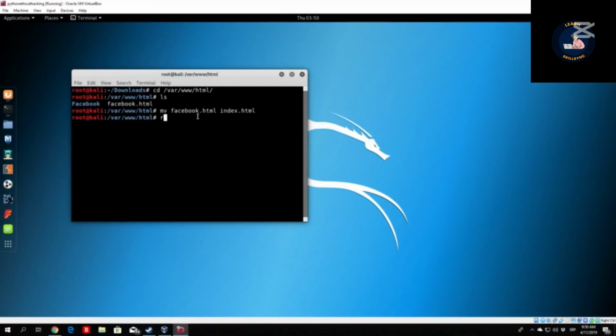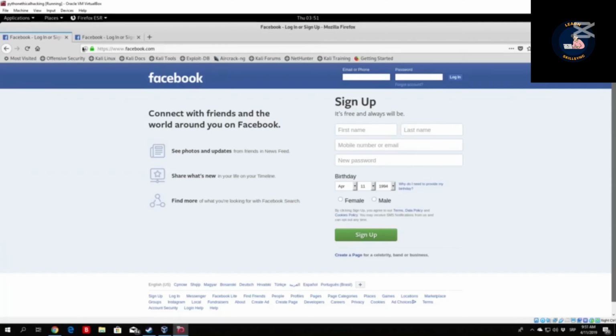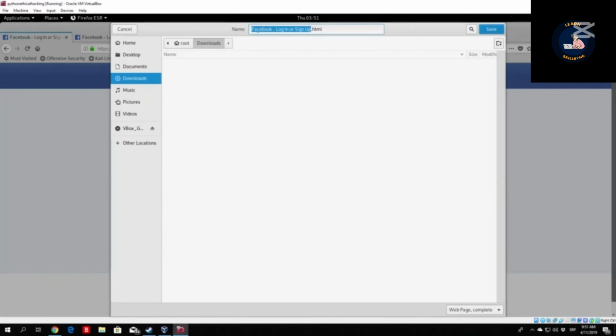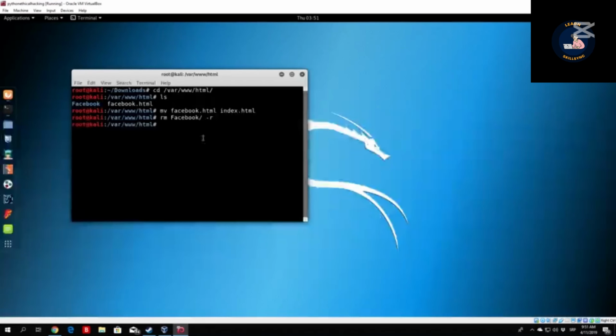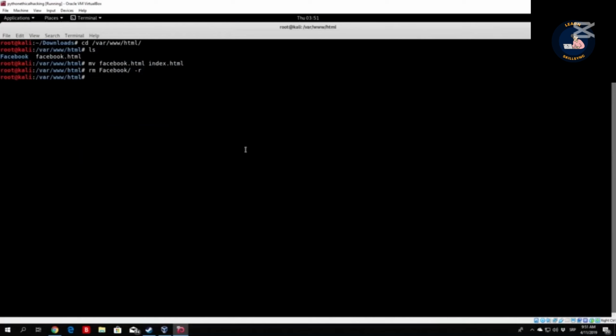We shouldn't have renamed it, so remove the Facebook directory. And let us download this once again, so save page as. We will save it under this name and we will not rename it, so click save right here. It is saved, and all you want to do is move the directory, so move from the root downloads Facebook to the actual